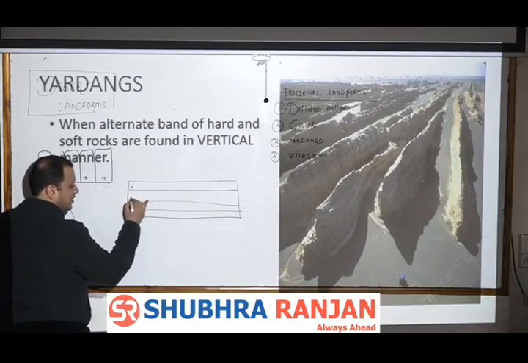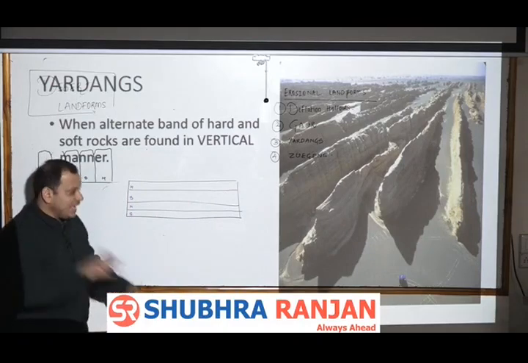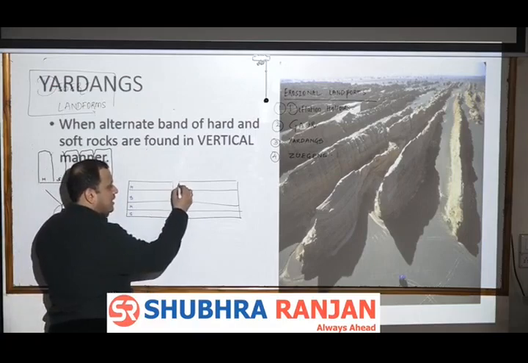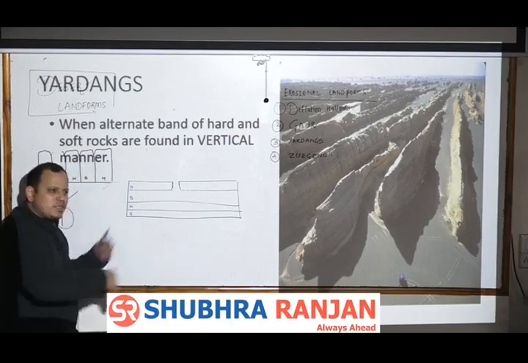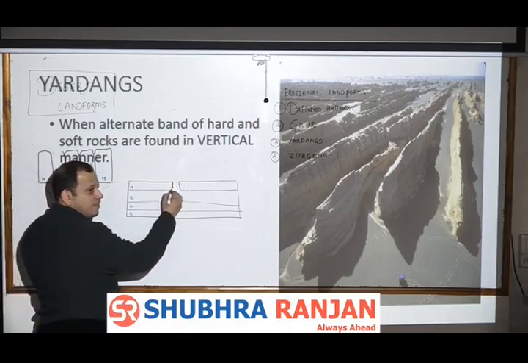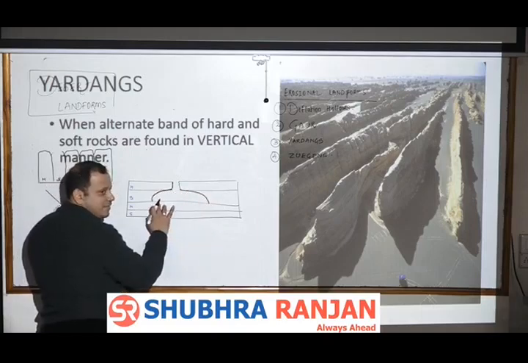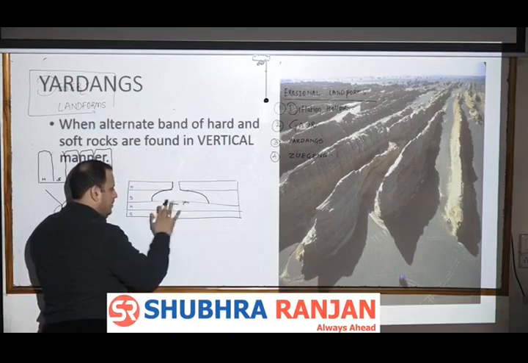So this is a hard rock, this is a soft rock. This is hard rock, this is soft rock. Now suppose continuous wind action से the upper part of the rock is eroded, but ये hard rock is less resistant to erosion. ये कम इरोड होगा, फाइन। बट जैसे ही सॉफ्ट रॉक एक्सपोज हुआ, इरोड भी होगा, वेदर भी होगा, बहुत सारे प्रोसेसेस एक साथ चलेंगे। ऐसे नहीं कि the wind is only acting, रात को there is weathering also going on, alternate changes of temperature. जैसे ही सॉफ्ट रॉक is eroded, will the soft rock be eroded much greater? So ये ज्यादा इरोड होगा, फाइन। Again hard rock exposed, हार्ड रॉक कम इरोड होगा, somewhat like this, या maybe somewhat like this,